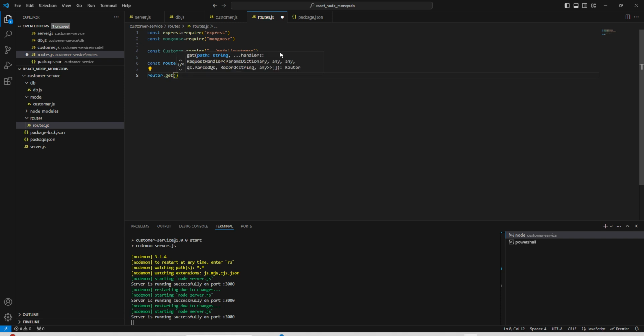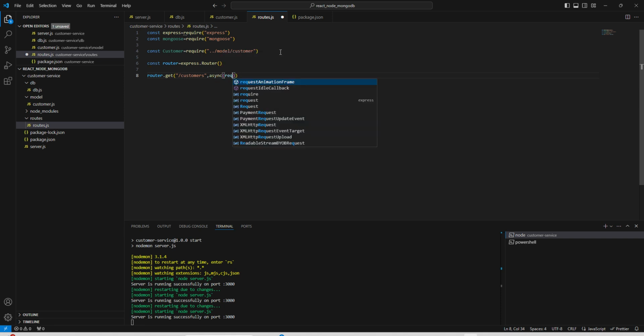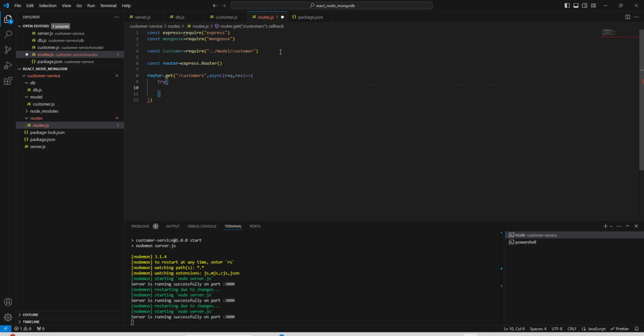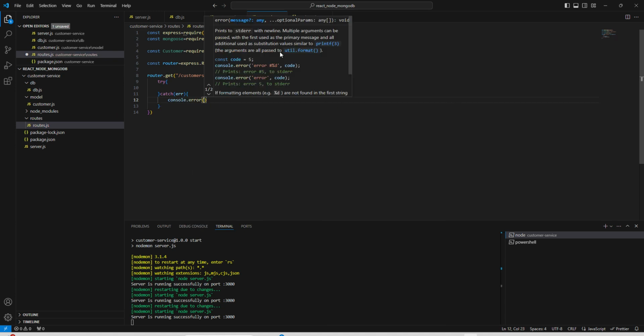First we can write for get mapping, and this is the endpoint we can mention, which will return all the customers, and we can add one callback, and these are the request and response, and here we can add our try block, and here we can add catch block, and inside this we can add our error, and here we can log our error in case of any,